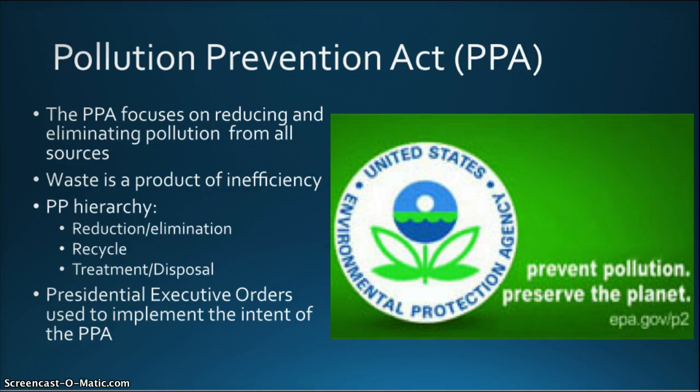The EPA touts pollution prevention as a keystone to sustainability. The EPA is harnessing its authority through the Office of Pollution Prevention and Toxics to promote and help industry implement these goals. It's through the authority vested by the Pollution Prevention Act that the EPA develops and pursues these goals. Pollution prevention is an ongoing process. The Pollution Prevention Act is more cooperative than other environmental regulations, and the EPA plays a role as a provider of services as opposed to an overseer.